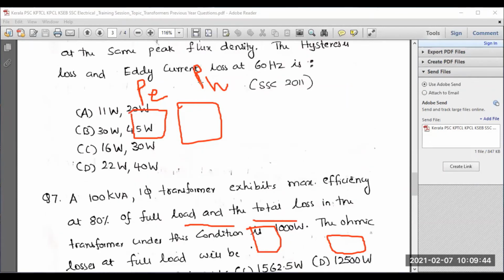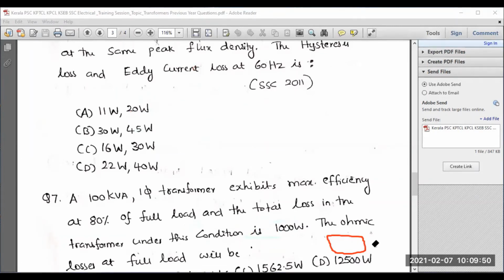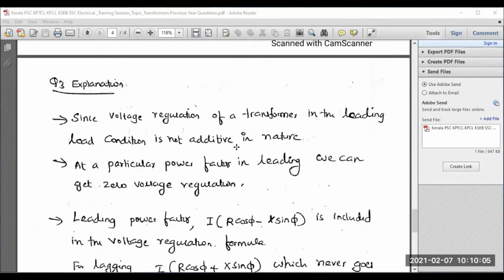See, which option should I go for? Definitely I have to go for option D. Option D is the right answer. You can mark it. This can surely be asked in the examination. It takes some more time, so try to manage your time and get the answer immediately. So option D is the right answer. I hope you understood the steps of how to make out this.